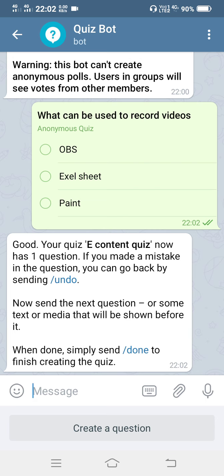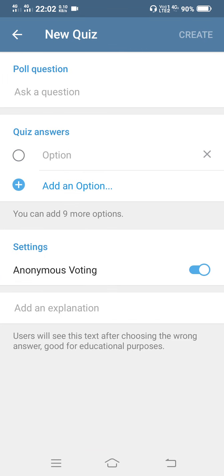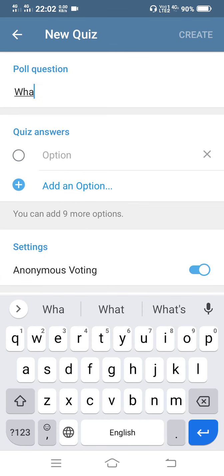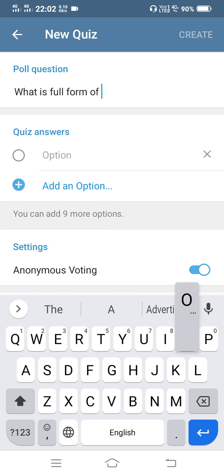Now to add a second question, I will click again on create question. Again I will type: what is the full form of OBS?